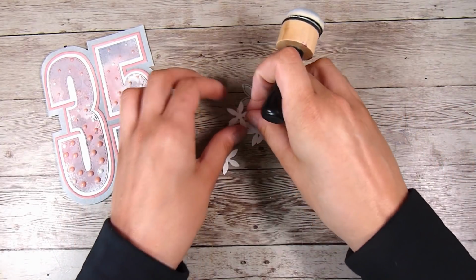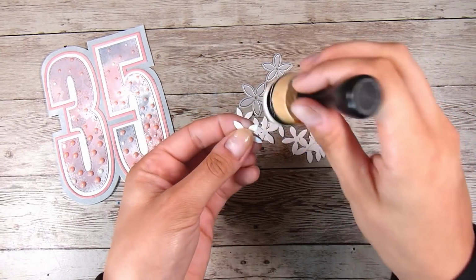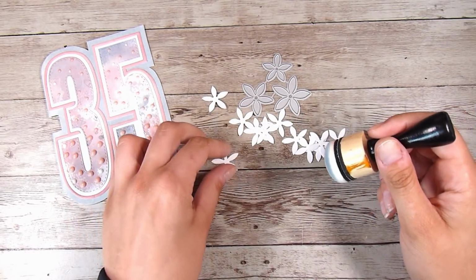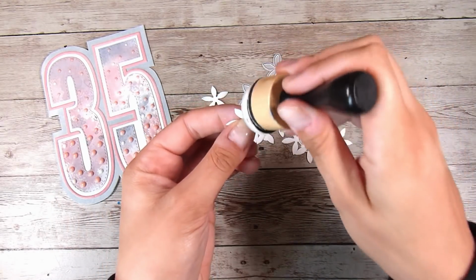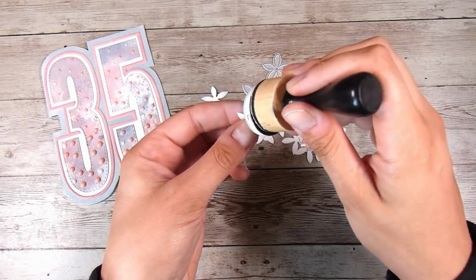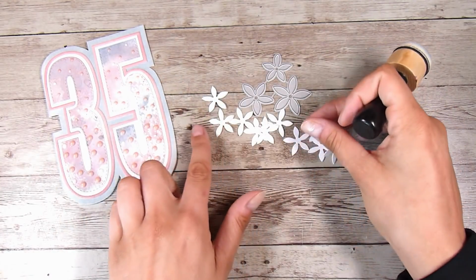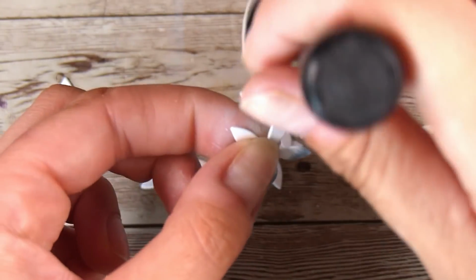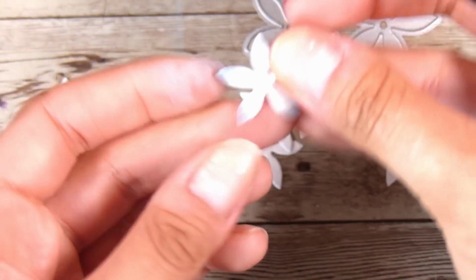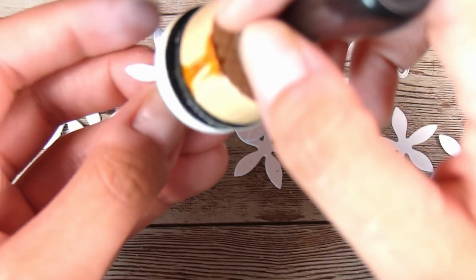And then I'm just going to take the weathered wood color, and I'm not even going to ink it up. I'm just going to add a little bit more ink to the outside petals of these flowers, and that just breaks up all of that white and kind of makes them not so flat. In a moment I will zoom in and you'll be able to see really close up just kind of how much ink I am adding, and it's just to the very outside edges of the petals, so just a little bit. And if you add a little bit too much, I just kind of swipe it with my finger and that quickly takes a little bit of it off, but it just makes such a difference rather than having completely